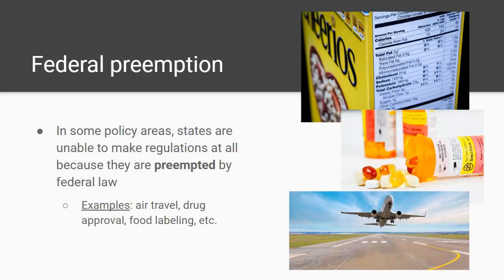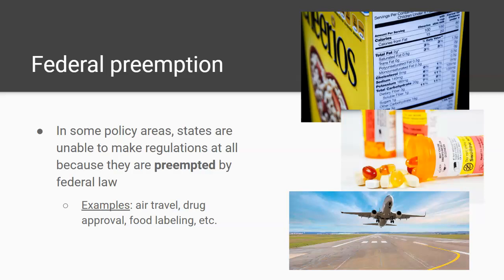One consequence of the Supremacy Clause is that in some policy areas, the national government can override state laws in whole fields of policy. We call this idea preemption. You may have noticed that some laws are uniform across the whole country with no difference between states. For example, if you look at nutritional labels for foods, they're the same in every grocery store in the country. This is an area where the national government occupies the field completely, and states have no role to play. California could not try to pass special California nutrition labels if it wanted to. It is preempted by national law.